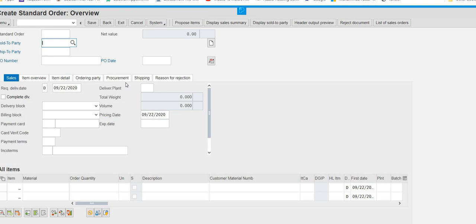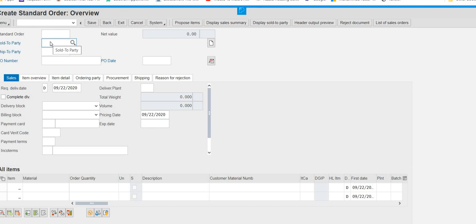But don't worry, when you generate this document, the number will be generated and that will be termed as a standard order. Okay. So, the next thing we have to enter here is the sold to party. The word sold to party means we are talking about a customer.